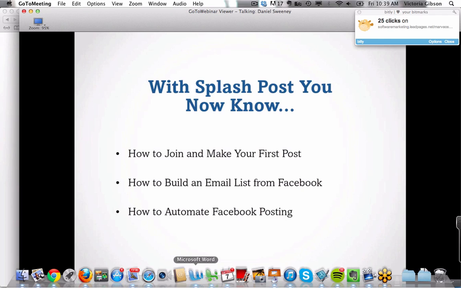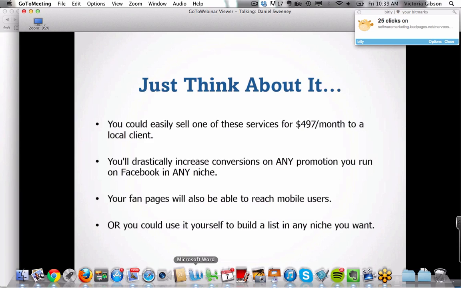Yeah. So now you guys know how with Splashpost you can join and make your first post, how you can build an email list from Facebook, and how you can automate your Facebook posting. And just think about whether you're doing it for your own products or for a client. You can easily upsell a client or sell one of these services for $4.97 a month to a local client. I mean, if you have a lot of people that are doing ads and running ads for clients currently, what better way to be able to get into a client's, I call it the Trojan horse method. What better way to get in the door than to say,